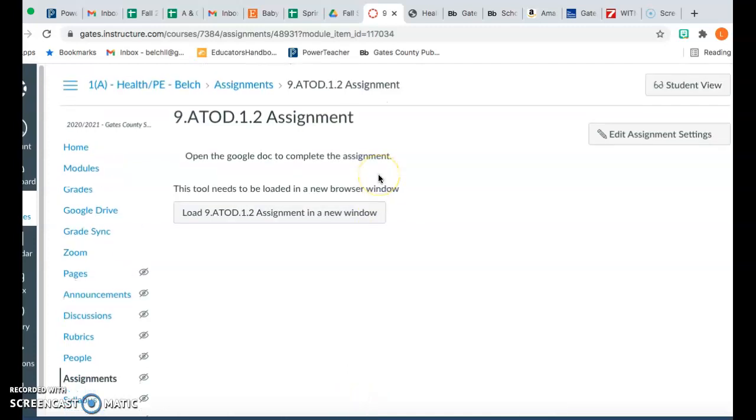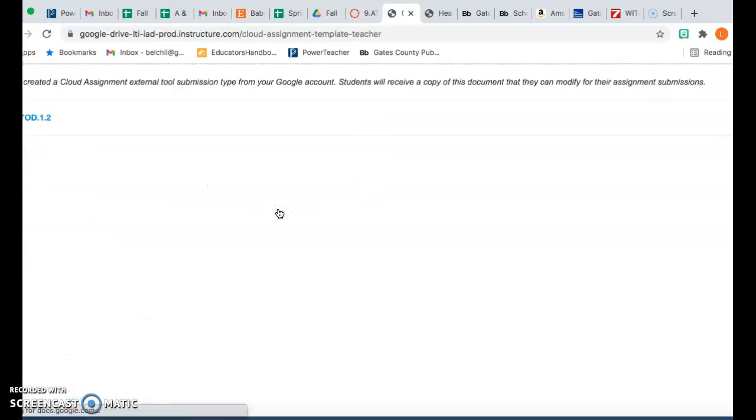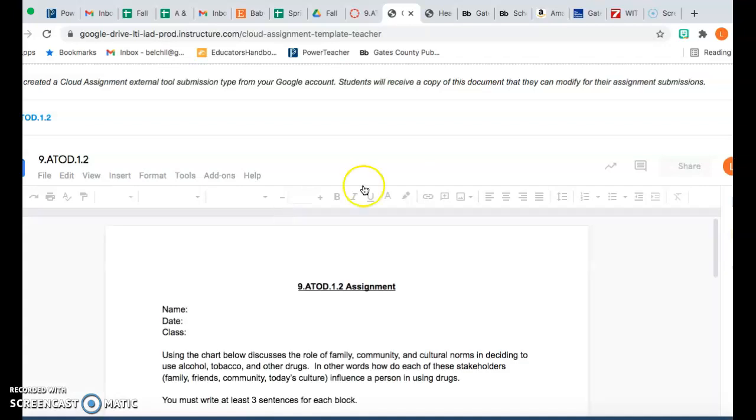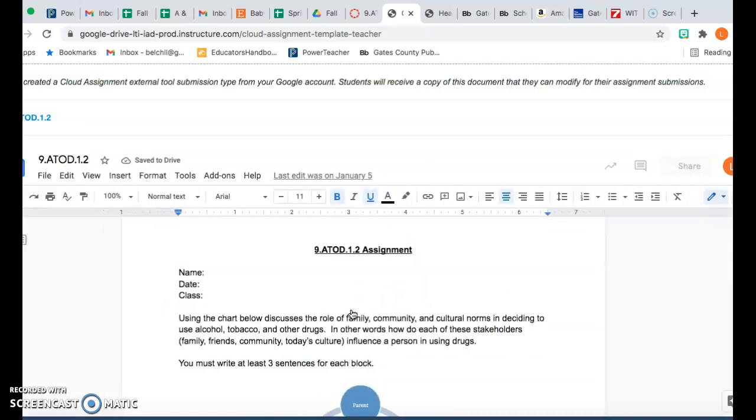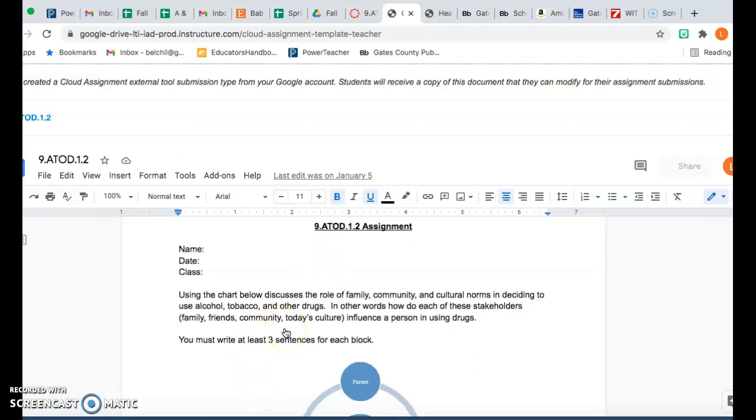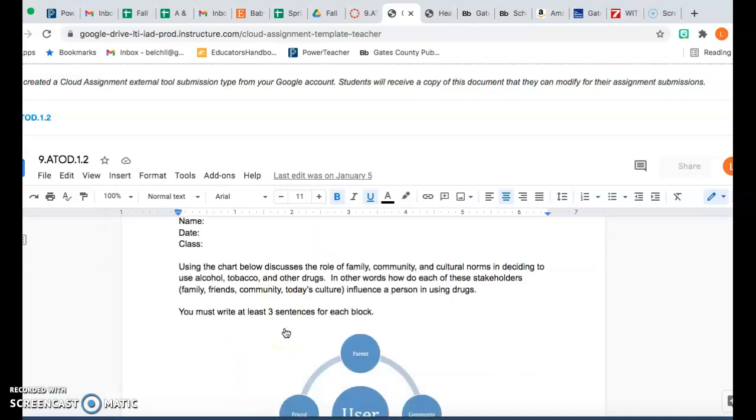Today in class, you're responsible for completing the ATOD 1.2 assignment. There is no content page for this. It is just an assignment, and I'm going to go over the instructions of this assignment so that it can be recorded in the instructions. The 1.2 assignment, I'm sorry, I said it backwards, is